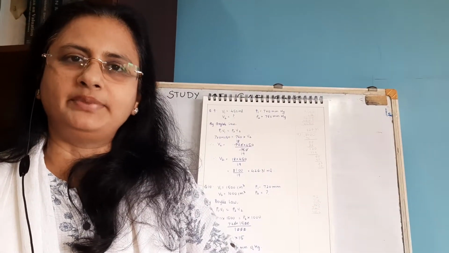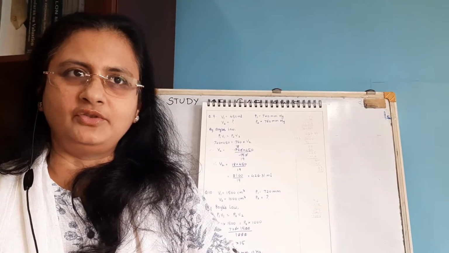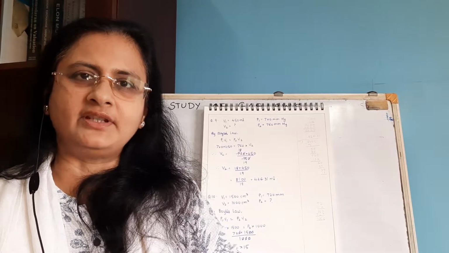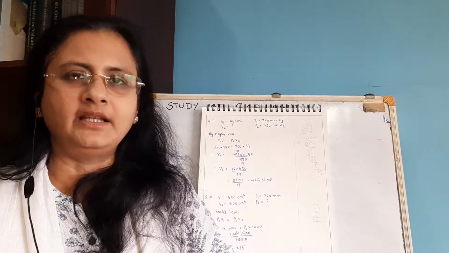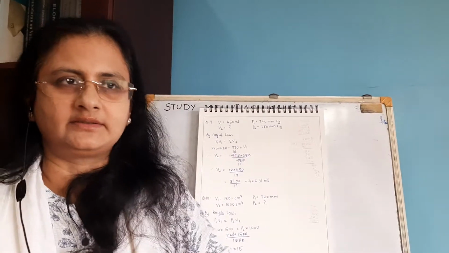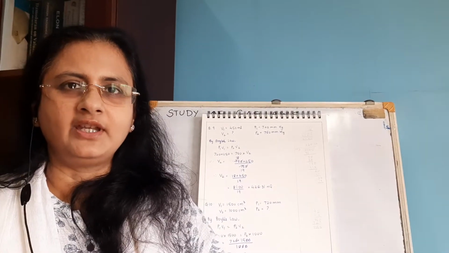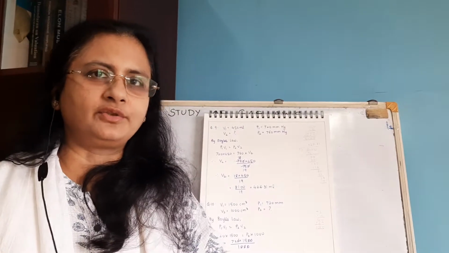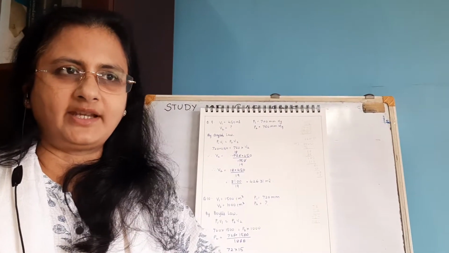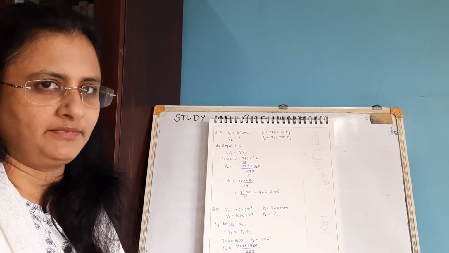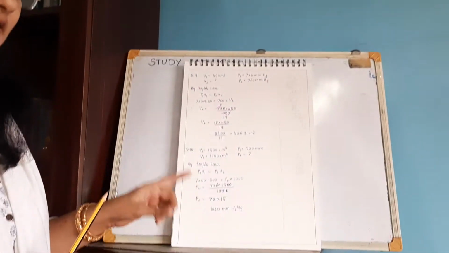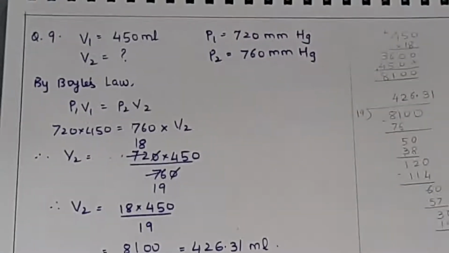Now I think we had completed around 8 numericals in Boyle's law in the last session. So we will continue with the classwork sums. I think 2 were remaining, and then move on to the Charles' law numericals. So you have to again open the Anish tutorial textbook to that page. I think it's page 142, and then you refer the sum there and see how we have solved it here. So the ninth sum now.